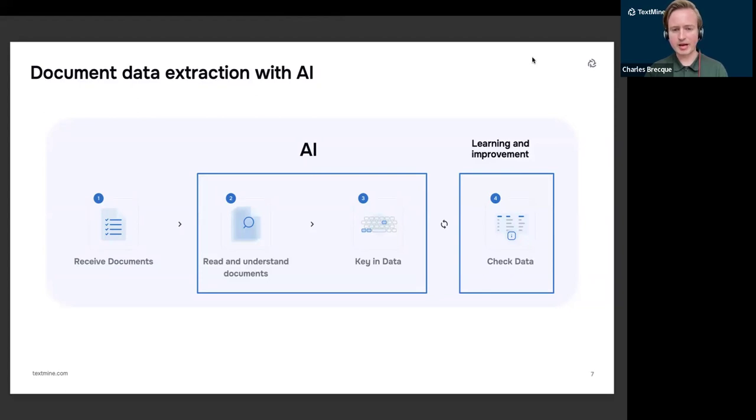The great thing about AI is that it improves with data and examples, meaning that an AI system will be able to improve both in terms of accuracy and quality of the data points that are extracted, which means that the process of checking the data becomes less and less of a time sink for the business.